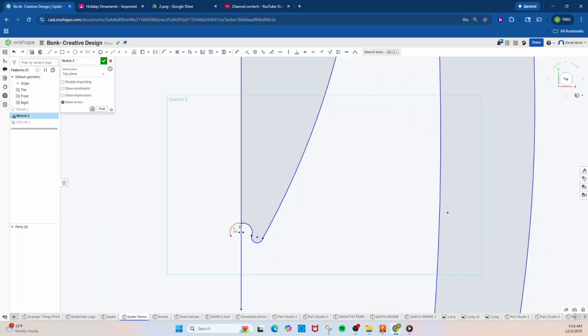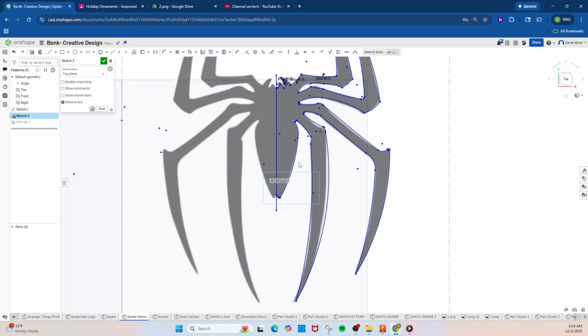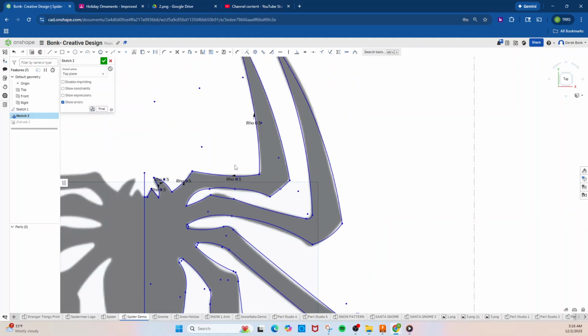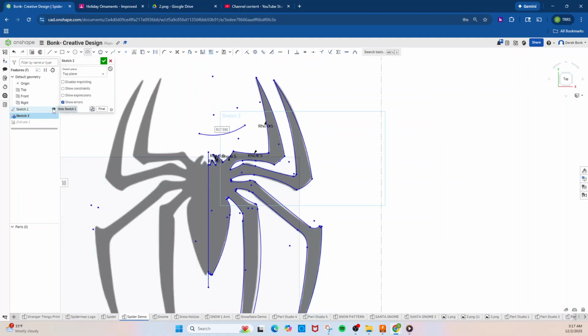So there's all these tools that you can use to create sketches, and the simpler the better. Working smarter, not harder is the name of the game. Most of what I'm doing is using 3-point arcs and just bending them into place and connecting the dots. And once you've got all of your dots connected, you'll see that the shape,